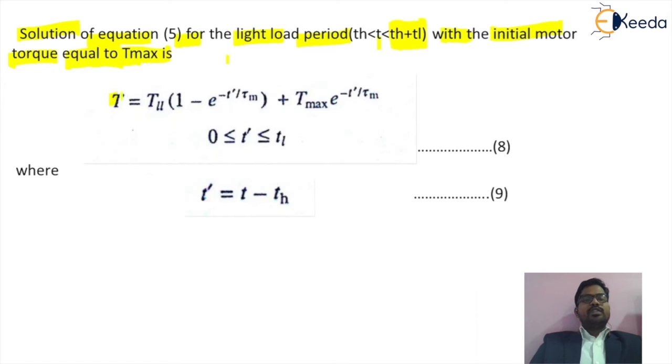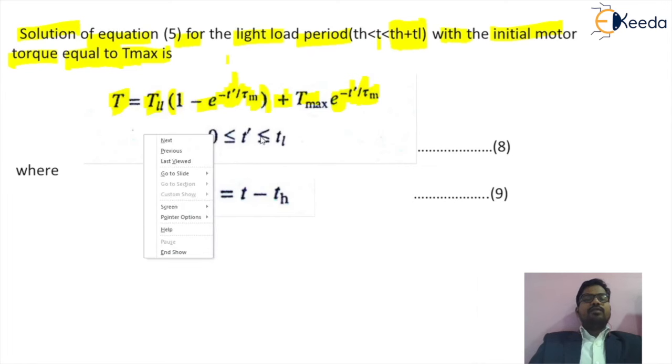This is called equation number 5, in which T is equal to TLL in bracket 1 minus e to the power of T dash, where T dash is the timing, divided by tau m, bracket complete, plus Tmax e raised to minus T dash divided by tau m. So this will be equation number 5, and from that equation we are getting the value